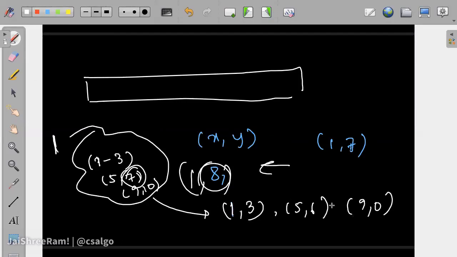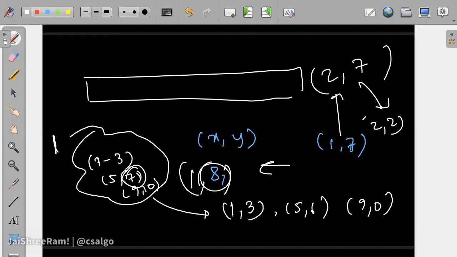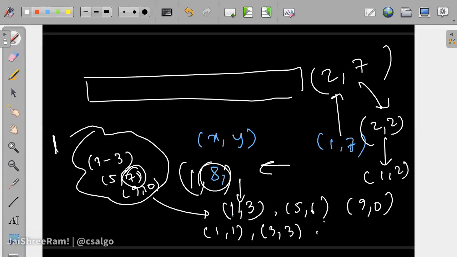Then let's suppose from this 1,7 you go up, let's say 2,7, then you somehow move to let's suppose 2,2, and then you come down once, that is 1,2. In that case, you come inside in between this segment, so you break it to 1 to 1, 3 to 3, 5 to 6, and then 9 to 10, right?